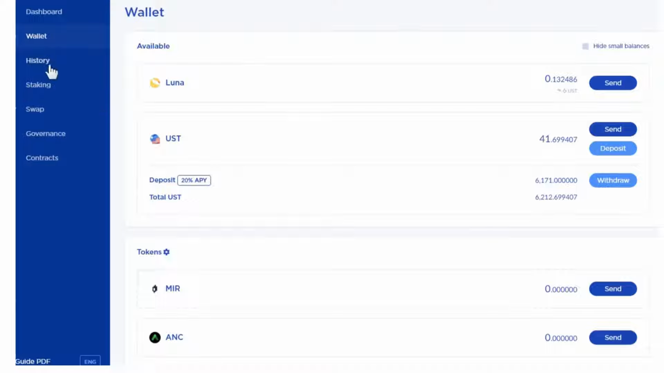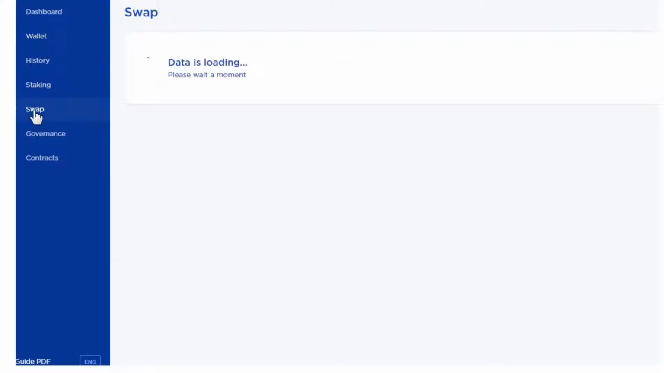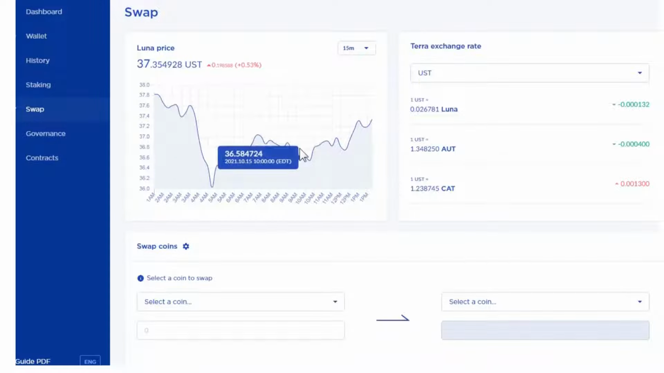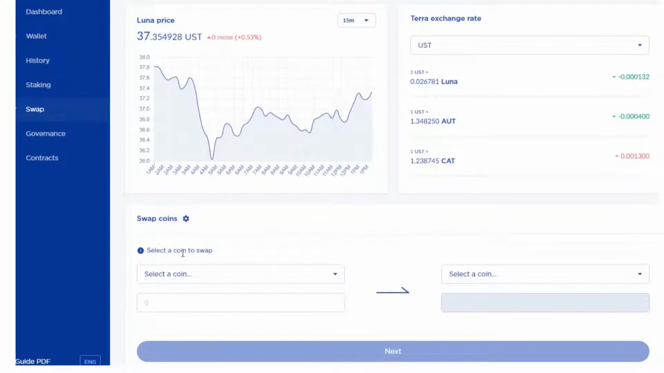This is your TerraStation. Once it's up, you have your dashboard, you have your wallet. I'm showing you my wallet right now. We're going to hop over to swap. It's loading up. So if you look down here in swap, it's going to give you an option. Select the coin. Since we have some Luna in our wallet, we have UST, we're going to select UST because